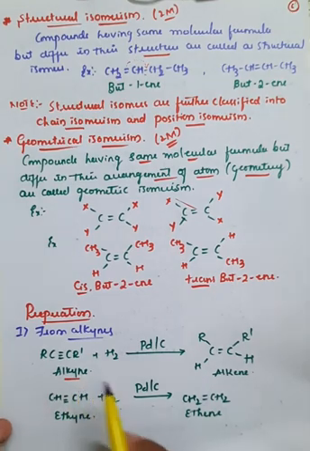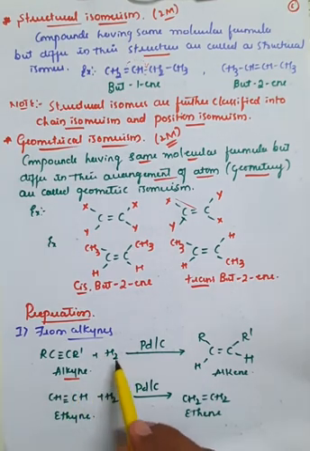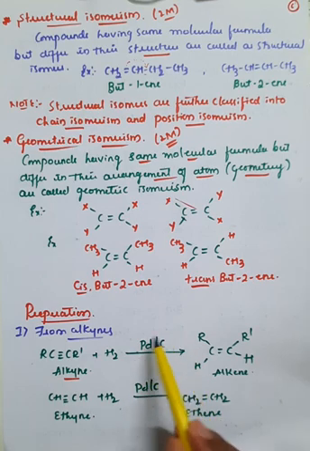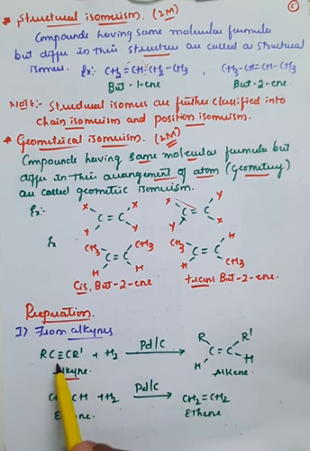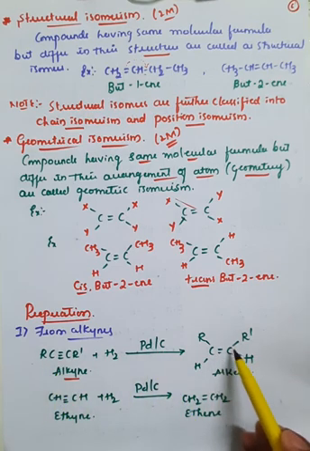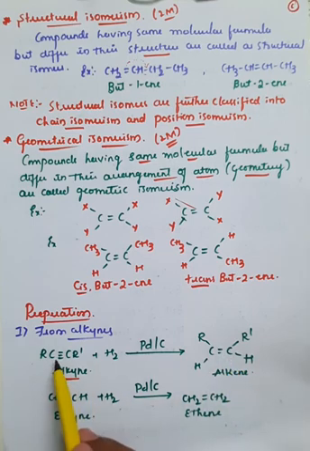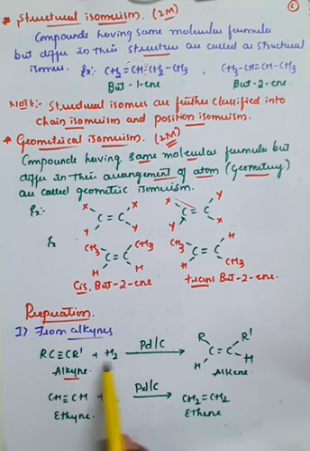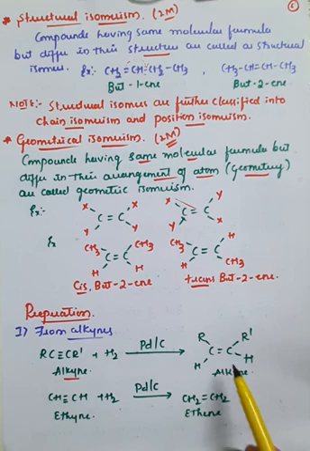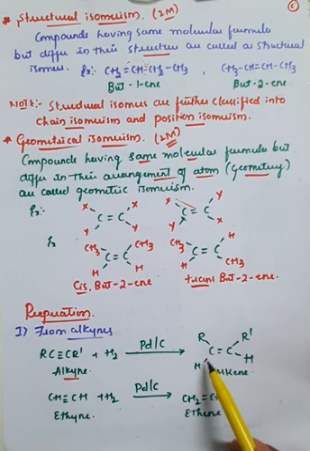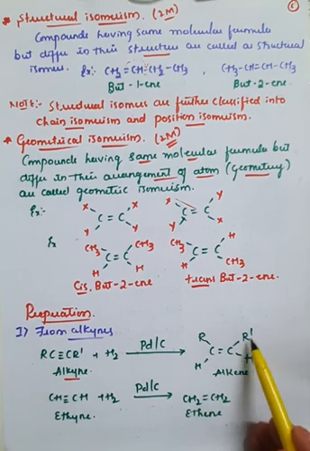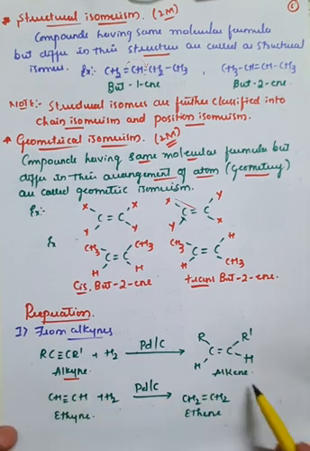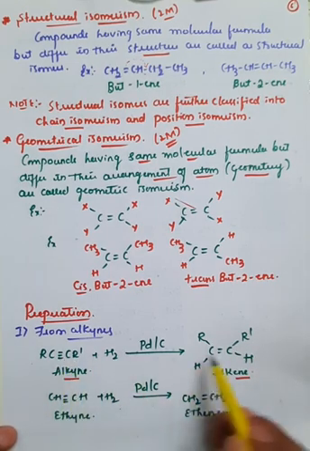So these alkynes in the presence of hydrogen, and in the presence of a catalyst like palladium or carbon, this triple bond is converted into a double bond. Out of this triple bond, of the three bonds, one bond will break, and one hydrogen is attached to one carbon atom and another hydrogen is attached to the second carbon atom. So therefore the structure becomes RCH double bonded with RCH, which means the alkyne is converted into an alkene, the triple bond is converted into a double bond.